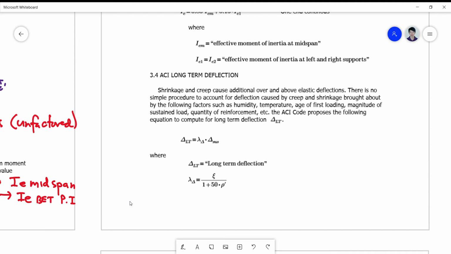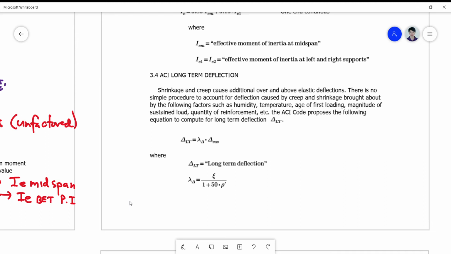Okay, guys, so let's continue our discussion on deflection. Again, we have finished the concepts on immediate deflections, which are more focused on those elastic deflections that exist immediately upon the loads being applied. Okay, so for the long-term deflection, this is actually a very difficult thing to calculate in the sense that it's